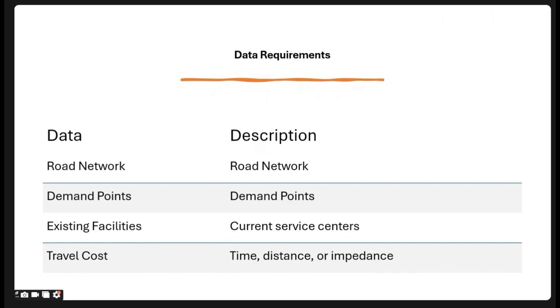Because this network gives you an understanding of the connectivity, the lanes, the restrictions, or the network topology, to ensure realistic travel calculations. Like the service area, we also have another input, which is called the demand points layer. It represents the locations where services are required, such as village centers, urban centers, households, or any customers,